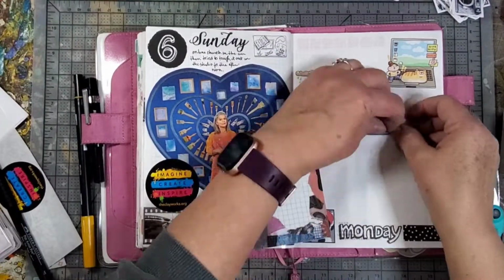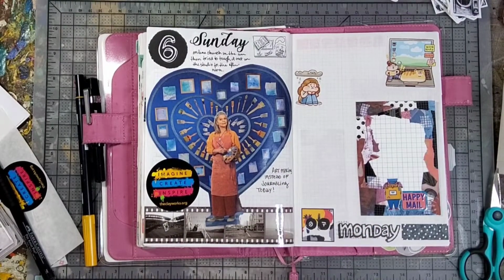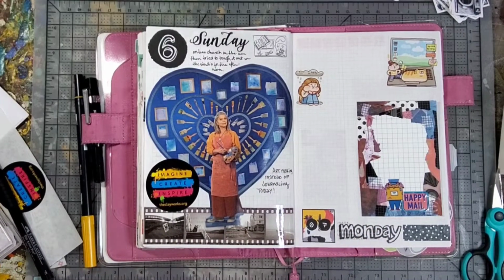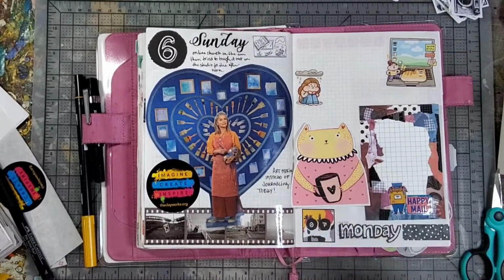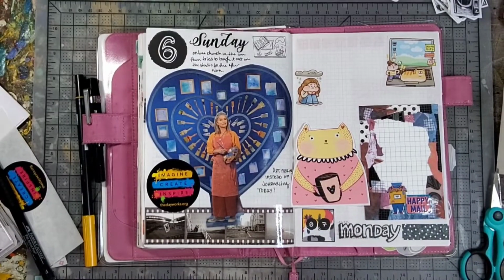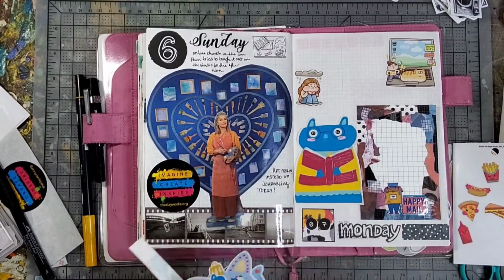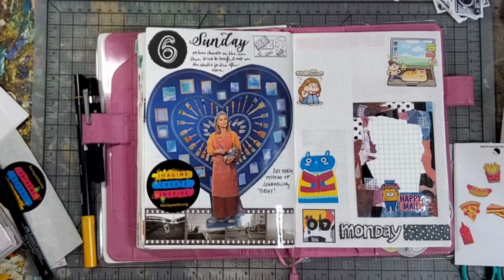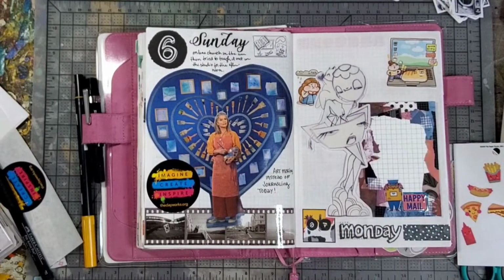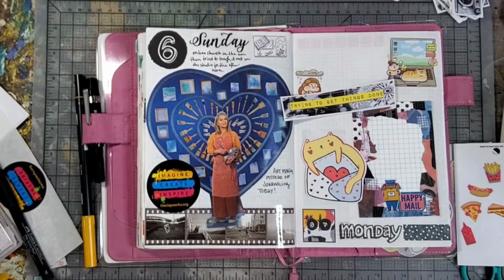So the next day I pull out these little meatball stickers. I also had this little journaling block that my top tier patrons that get the Happy Mail package received as part of their packaging. So I included that in there. I'm just looking for what exact character I want to also include on this page that fits the theme of the page,